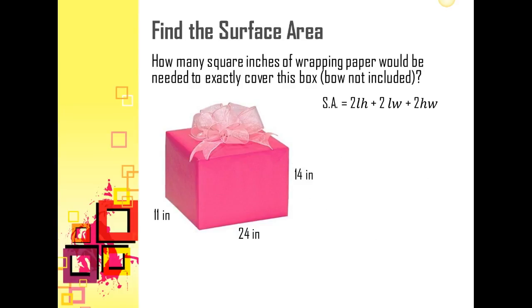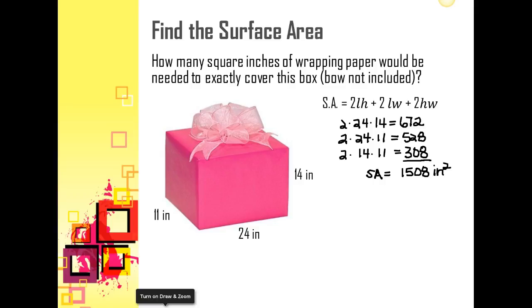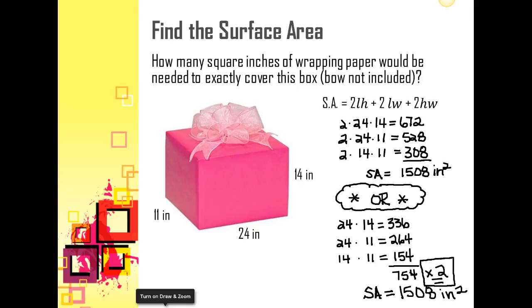Another way you might approach finding the surface area is to, instead of multiplying each part by 2 as you go along, find the area of the 3 parts, then add them together and multiply by 2 at the end. You would find the area of either the front or the back, either one of the sides, and either the top or the bottom. You would then add those 3 areas together and multiply by 2 to account for all 6 sides. You will get the same result either way. It's really just a matter of personal preference. There are lots of different options when calculating the surface area, so you will need to apply which method works